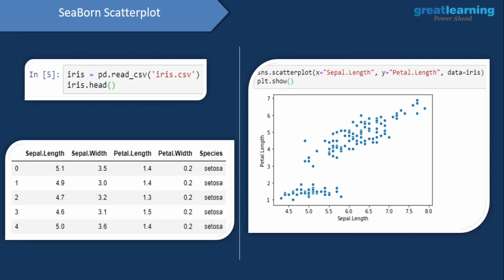Now we'll go ahead with the next type of plot, which is the scatter plot, and we have already learned that a scatter plot is used to understand the relationship between two numerical entities. Over here we are building the scatter plot on top of the iris dataset. So we'll load this dataset up. Then we'll be using sns.scatterplot, and onto the x-axis I am mapping the sepal length column, and onto the y-axis I am mapping the petal length column, and the data onto which I'm building this scatter plot is the iris dataset. And it's very clear that as the sepal length of the iris flower increases, the petal length also increases linearly.